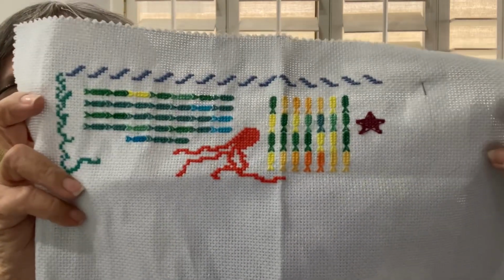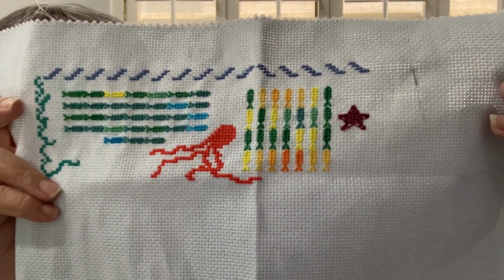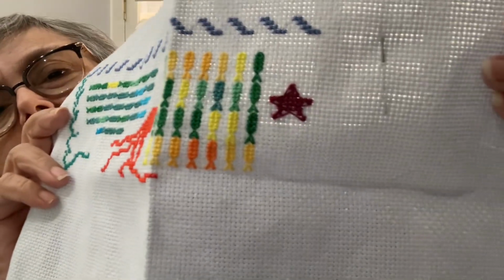I finished the octopus, and there's February. You notice those orange days? 90 degrees. Why is it 90 degrees in February? Why? I don't know. And now the temperature is going back down again. It's high 70s today, I think. Anyway, I stitched my